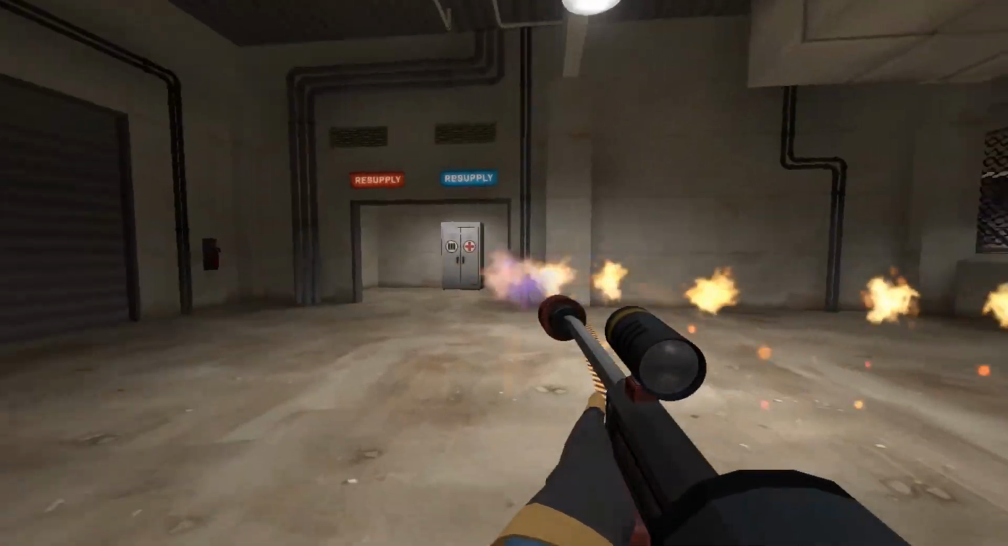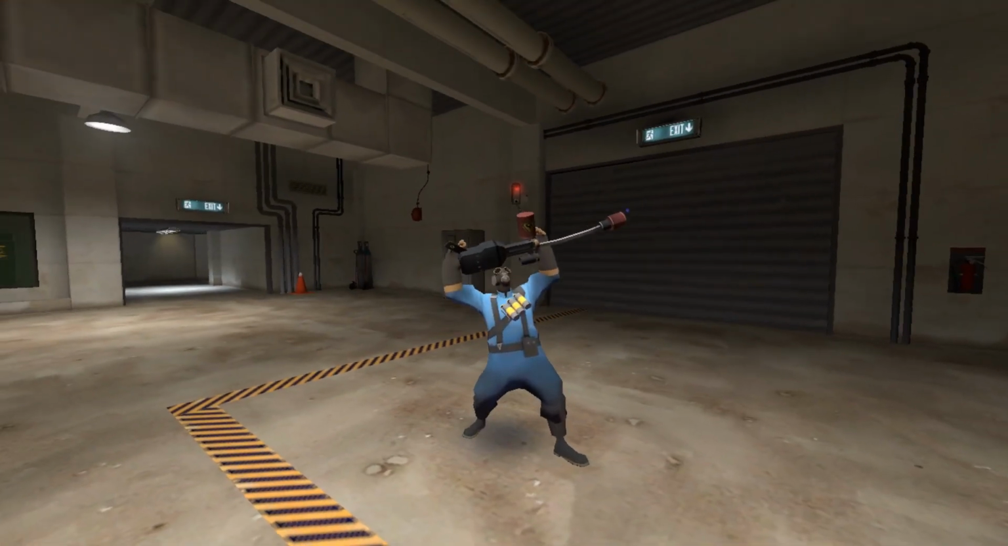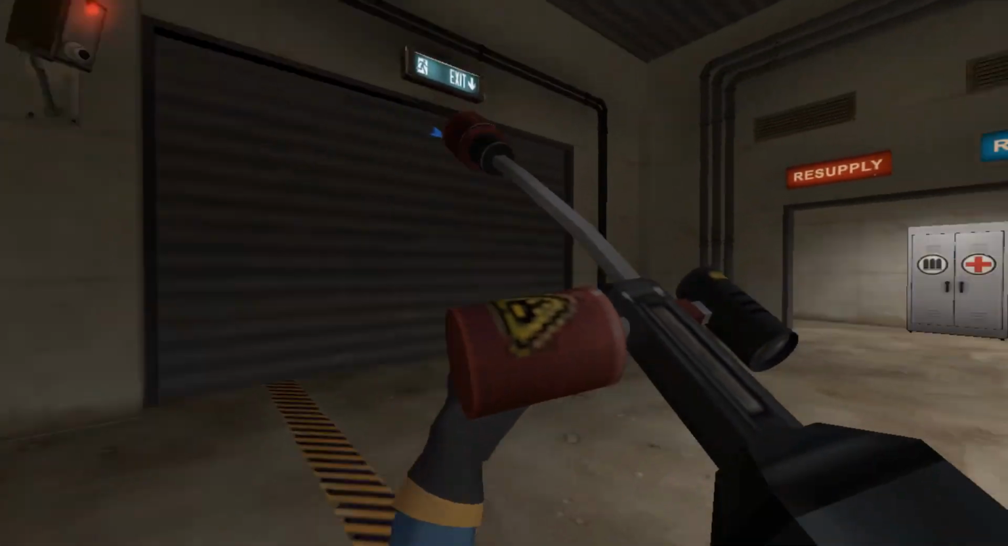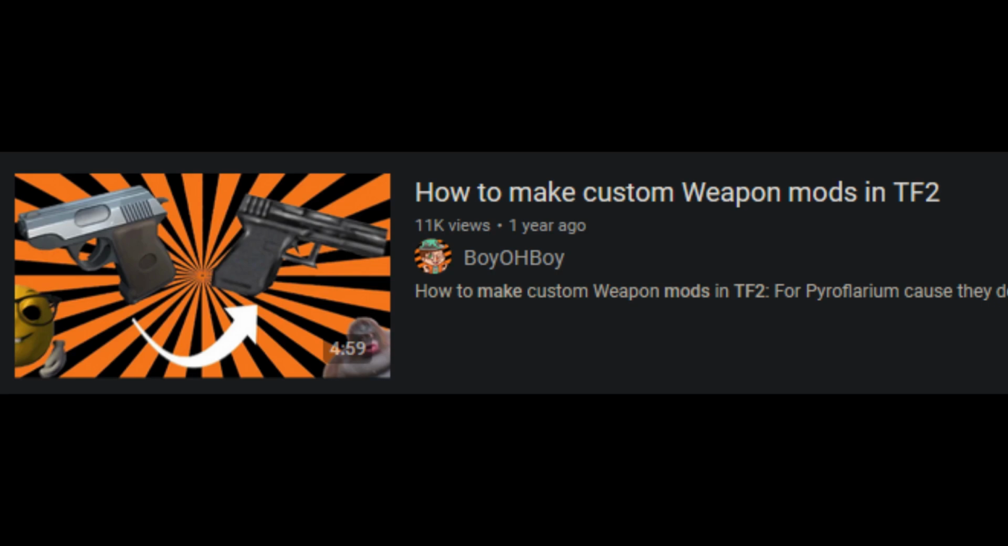Hello everyone, today I will show you how to make TF2 mods, including how to make them casual compatible. This is going to be a remake of a video made by Boy that some have found a bit confusing, including myself. In this video I will take an example of a weapon that I want to replace the Scout's